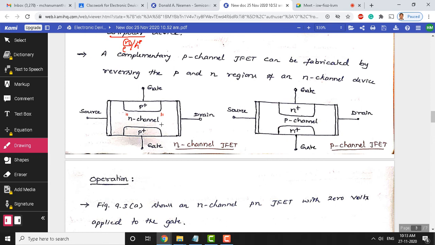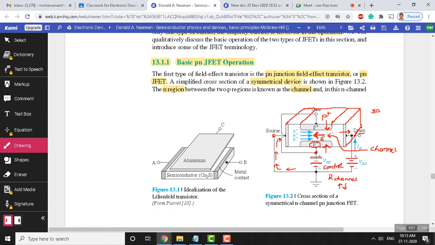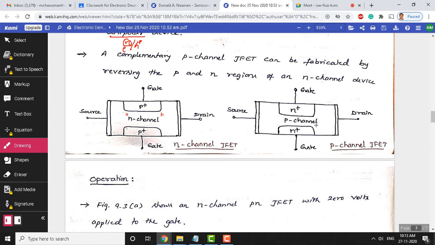And the currents and voltages you see here, we have already talked about the voltages. The voltages are VGS and VDS, and the current which is coming out here. Electrons are moving from source to drain, so current will flow from drain to source. Let us label this current as ID. You can see here this is the ID current. It is positive for n channel, whereas it will be negative for the p channel. So, everything will be negative for the p channel, but for n channel it is positive.